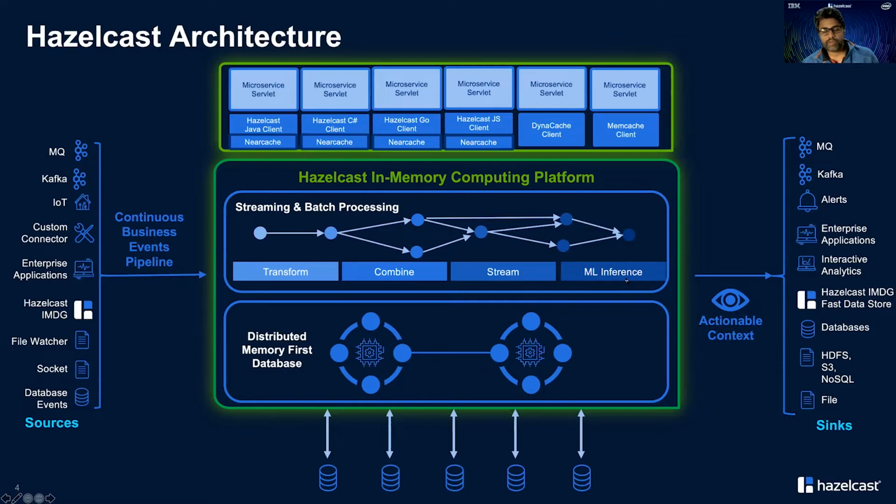You can achieve different levels of isolation with your microservices. In completely isolated microservices, you can have small Hazelcast clusters dedicated to each microservice on their own. And with a lower level of isolation, you can have one Hazelcast platform serving different microservices all together at the same time, which is basically what is depicted at the top of the screen. So you can have microservices written in Java, C++, Go, or Python, and they can all interact with one Hazelcast cluster, all at the same time.